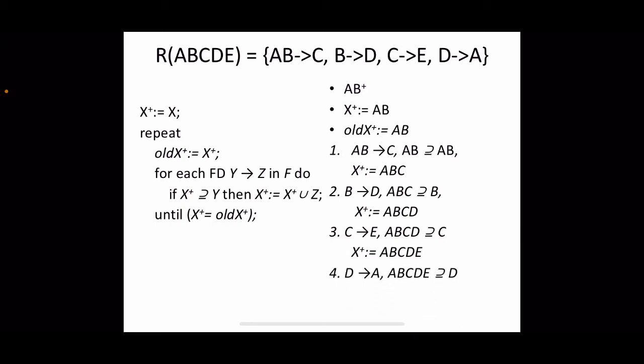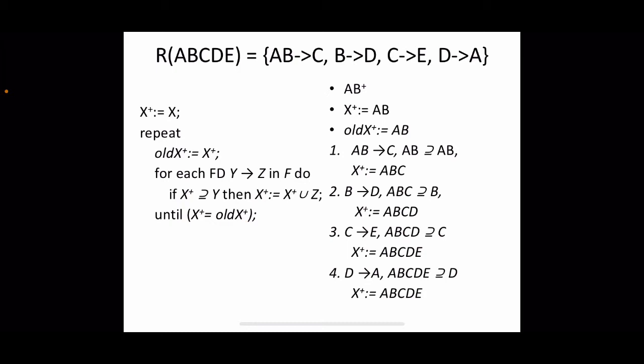Now take the fourth dependency, D determines A. D is also a subset of this ABCDE. So you can add this A into this closure. Since A is already there, union, there won't be any effect. For all the previous iterations, if we check the current value of X closure and the previous value of X closure, they were different because we were adding some attribute to this closure each time. But now after the fourth iteration, if we check the current value of X closure, it is the same as the previous value. No more attributes are added. So this is the case for exiting the loop.